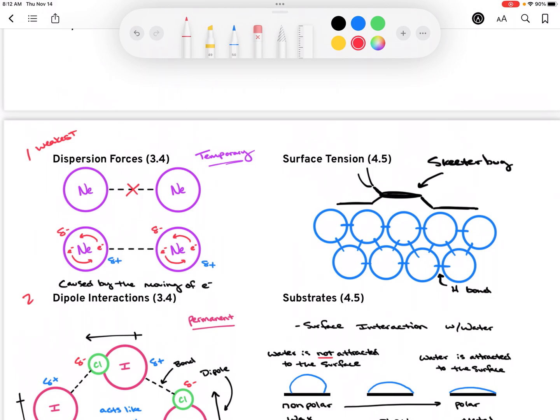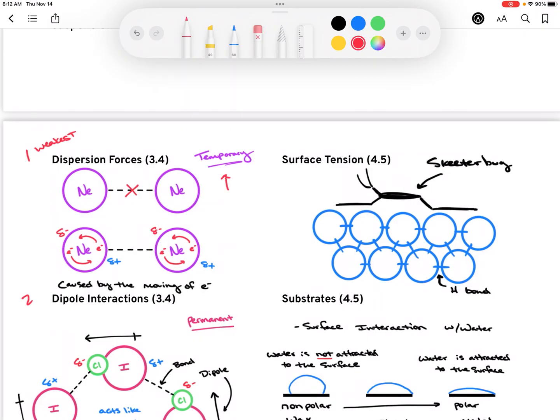Now, dispersion forces are temporary. They are not permanent. They come and go. And let me explain how that works. Neon is an example we've been using in several of our videos. And neon doesn't like to interact with anything because it has a full octet. It has a full shell. It has all 8 electrons. So if I draw my electrons on here, it's got 8, and it's happily